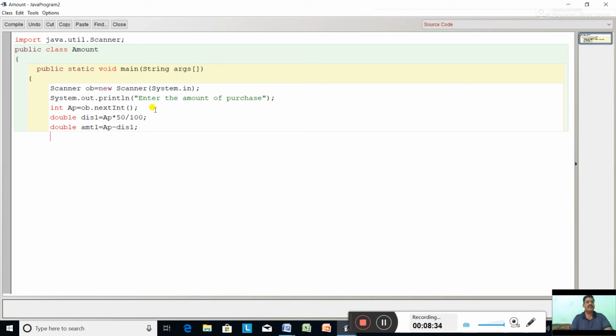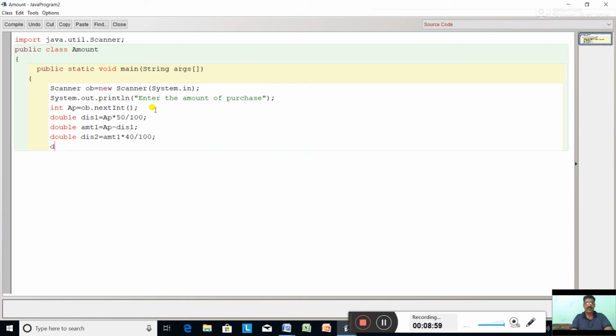So amount1 is the remaining amount. On this we have to calculate 40%. So double discount2 equal to amount1 * 40 / 100. So you got the 40%.